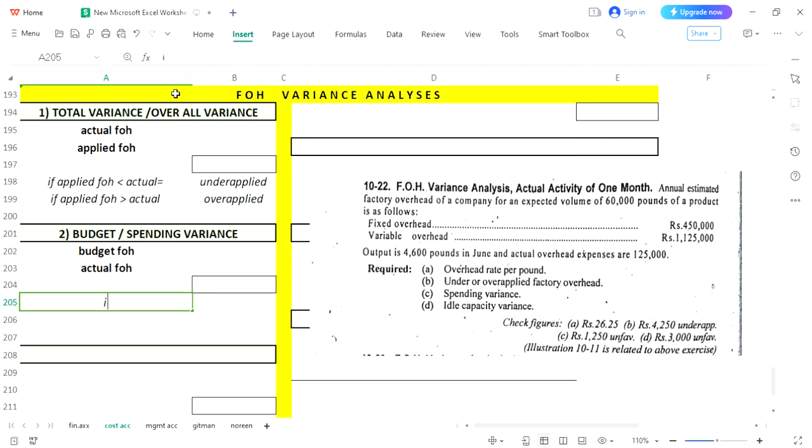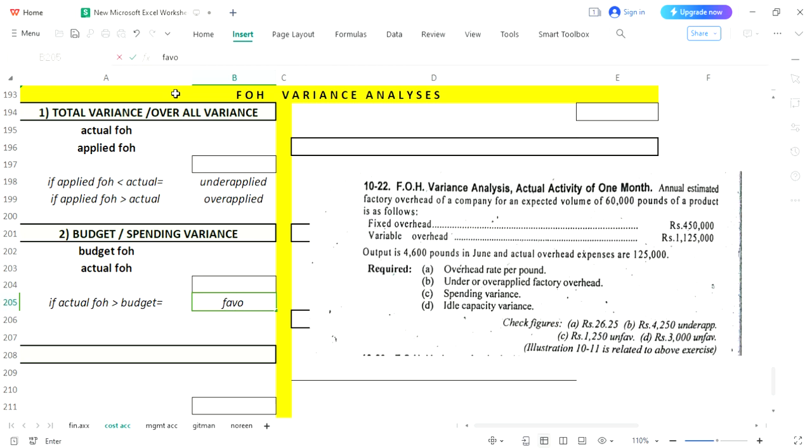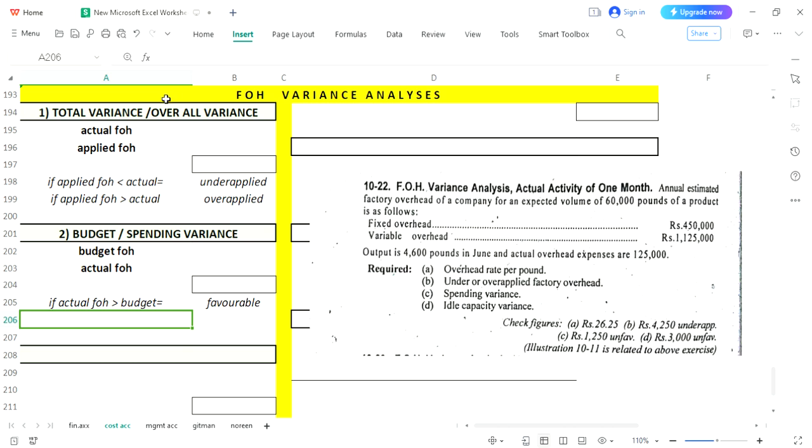Finally, you will conclude and you will focus upon actual. So if your actual FH is more than your budget, that means it would go unfavorable for you because actually you are spending more. Contrary to this, if actual FH is less than your budget,